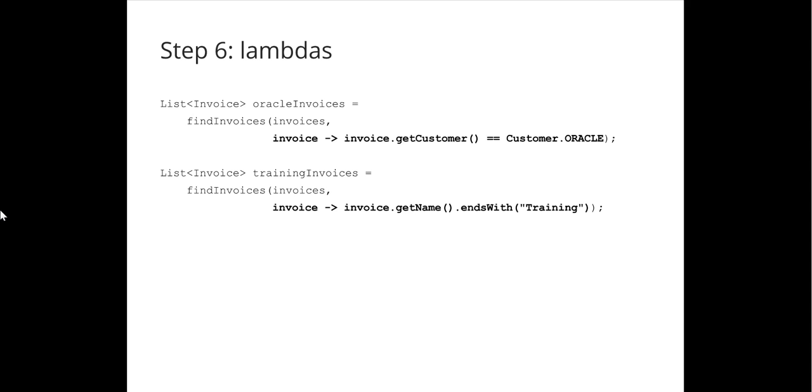It's a bit like a method, if you will, but with no name, and you're still able to pass it around just like a method reference. So here, as you can see, we've got a lambda expression that will take an invoice, and the body of this lambda expression will just check that the invoice customer is Oracle. And we can do a similar trick here to check that the invoice is training. So that's a new feature that was introduced in Java 8. And it's really a great way to represent a little piece of code that you'd like to pass around to a method, in this case, findInvoices. Awesome, looks really neat.